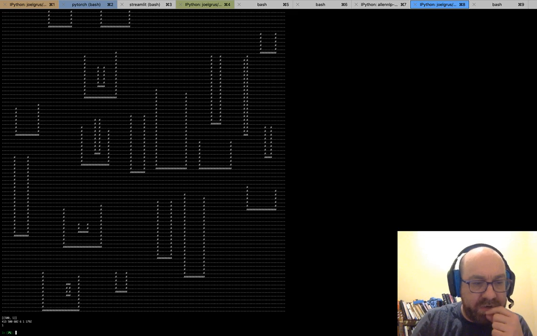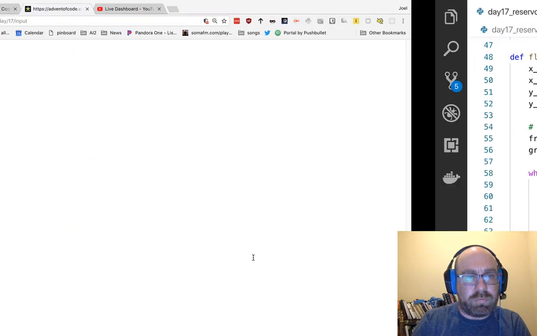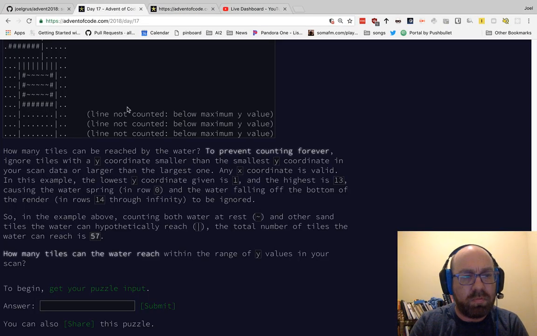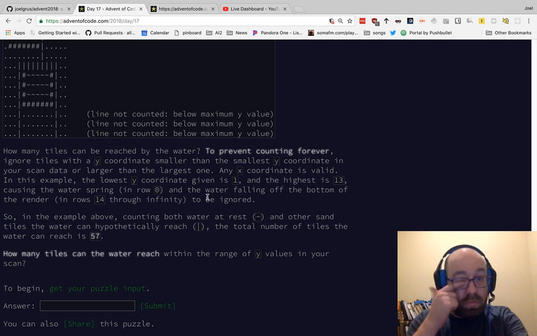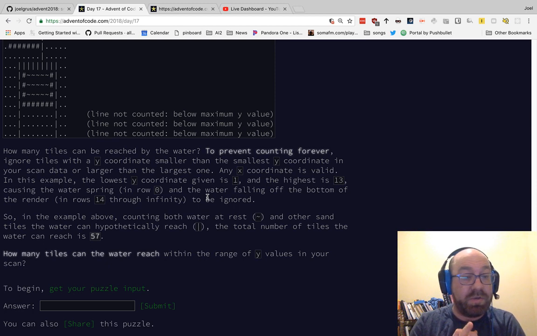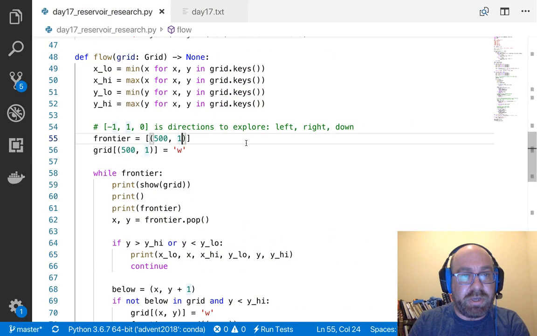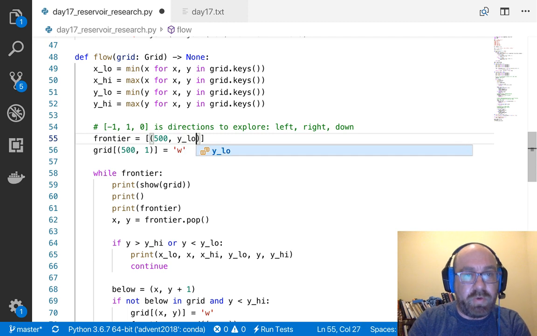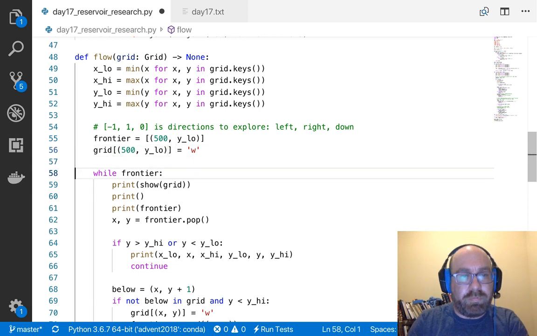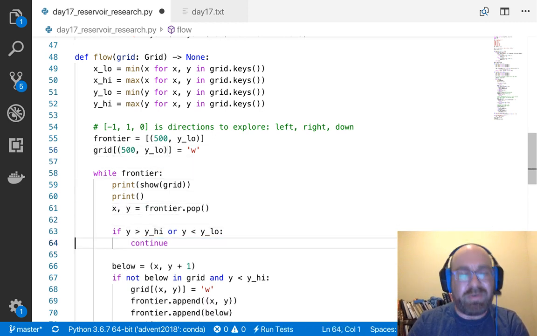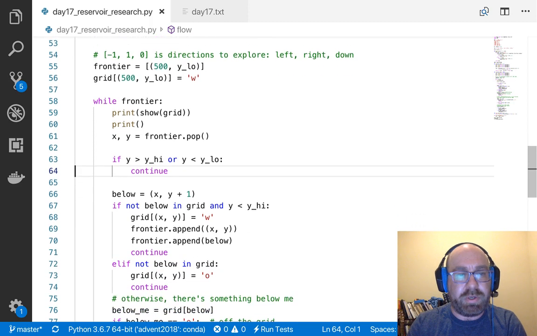6, 1, 17, 92. In the example above, counting both water at rest and other sand tiles, the water can hypothetically reach. I see. So maybe what I should do is say this is 500 y low instead of 501. And then I don't know why they would do that. That's just kind of a jerky thing to do. But